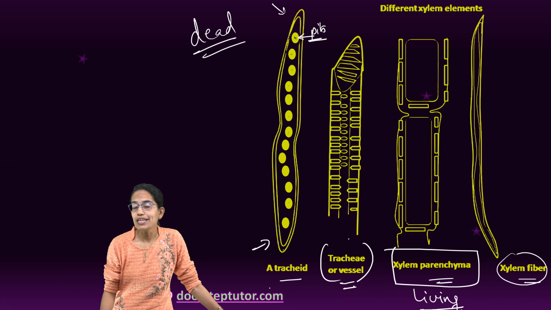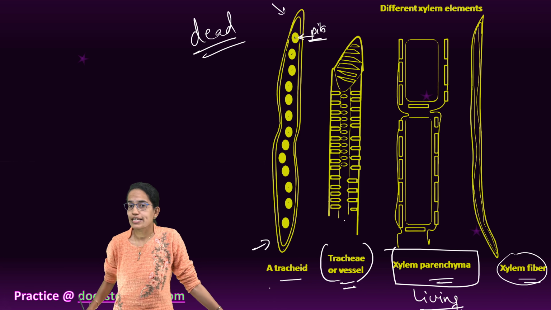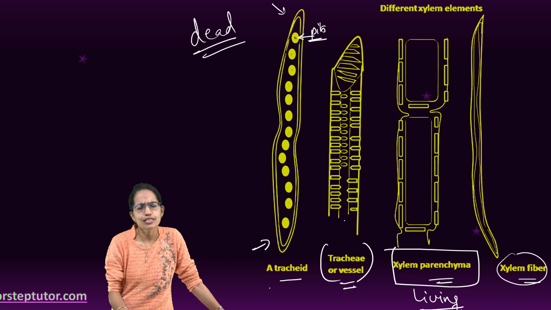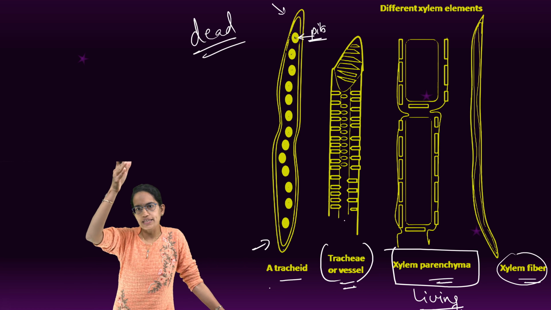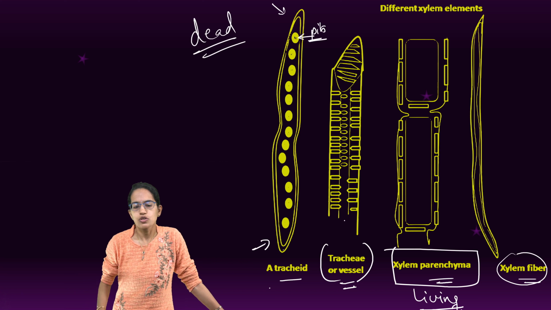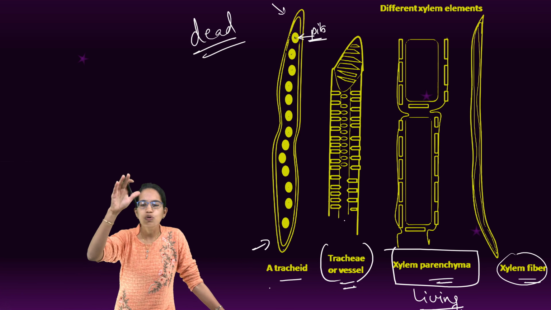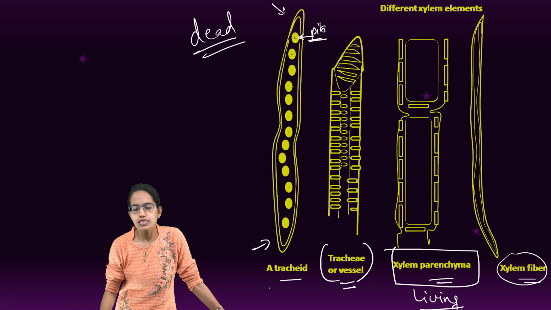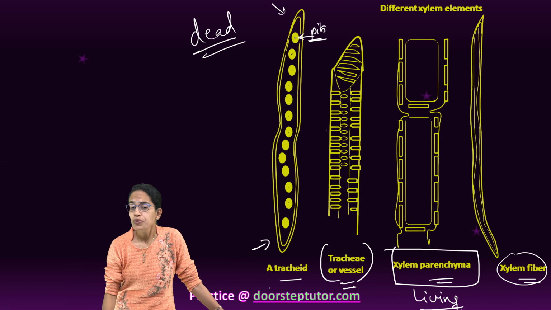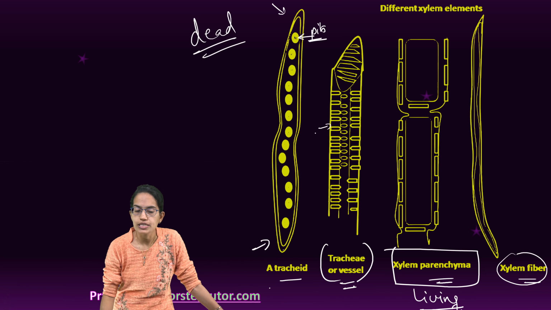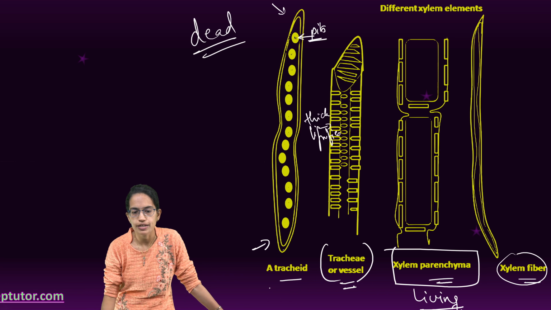It is open at both the ends. Now, can you answer why it is open at both the ends? The logic is very simple. The end actually gets dissolved and this allows a smooth conduction through the xylem vessel. So to allow a free conduction, xylem vessel have the ends which are dissolved, but the wall of the xylem vessel is thick as well as lignified.